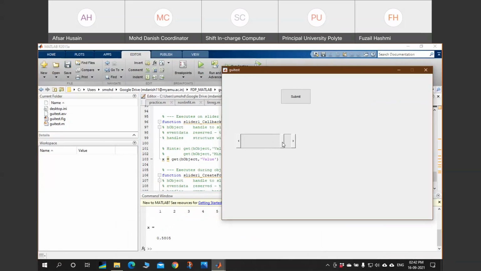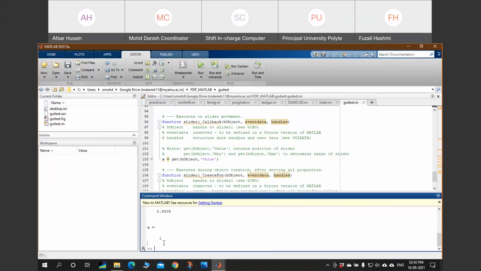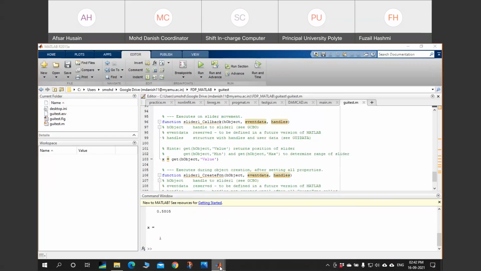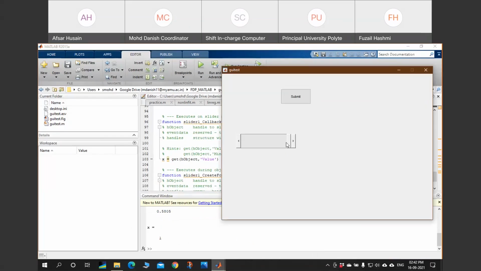If I slide it over here, it is the maximum position, and the maximum which we provided was 1. So now it's showing x equal to 1. If you provide it over here, it is the minimum value, and the minimum value we provided was 0. So it is now x equal to 0. So this is how this slider works.